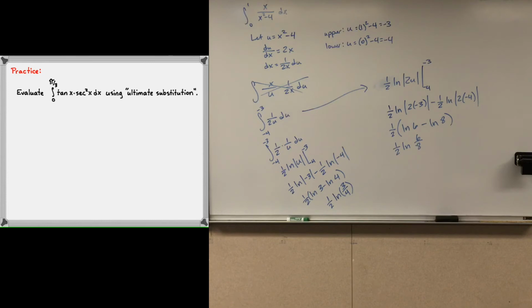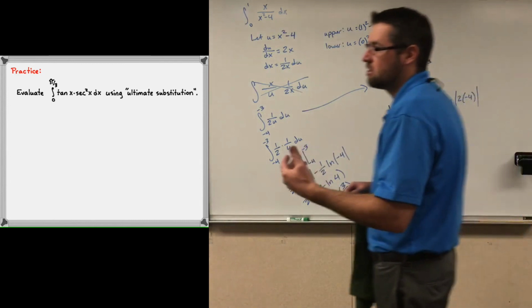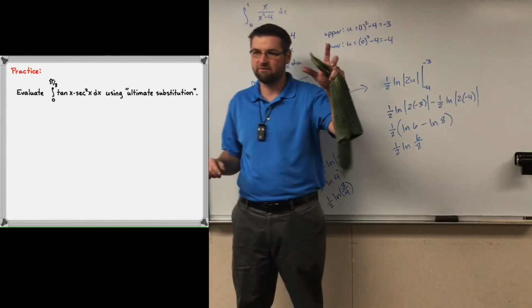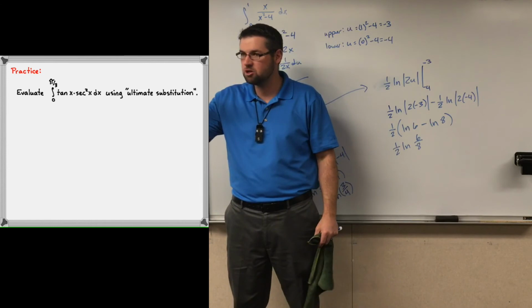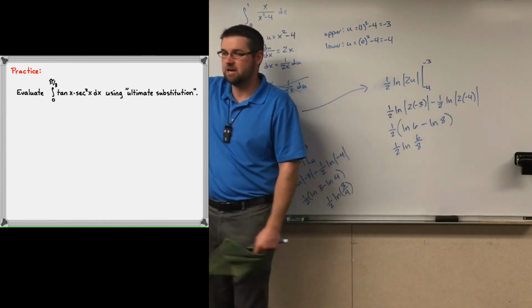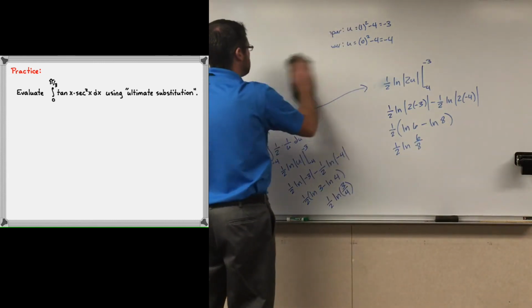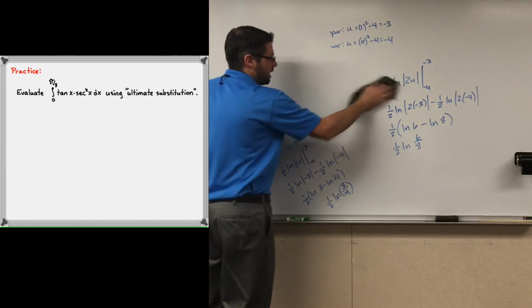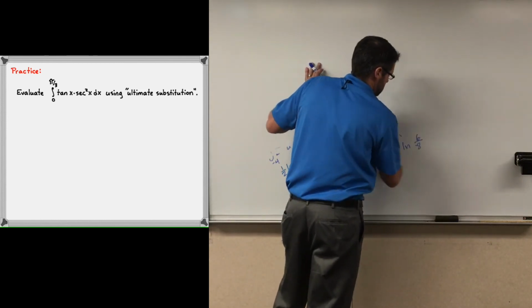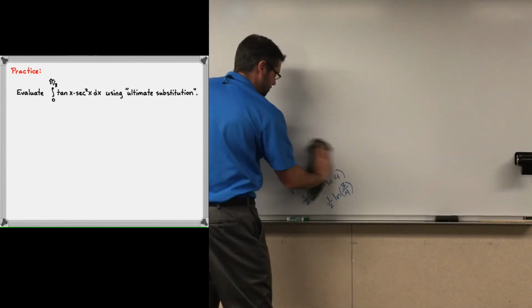Remember, we are undoing what rule here? We're undoing chain rule. So the end result of the chain rule is a product. The product is the derivative of one thing times the derivative of another. So when you identify your u, when you go to take the derivative of that, it should match something that's there. There's a couple different ways of doing this, and you guys are about 50-50 on how you're going to approach it, and that's great. No, it really is, because it shows you